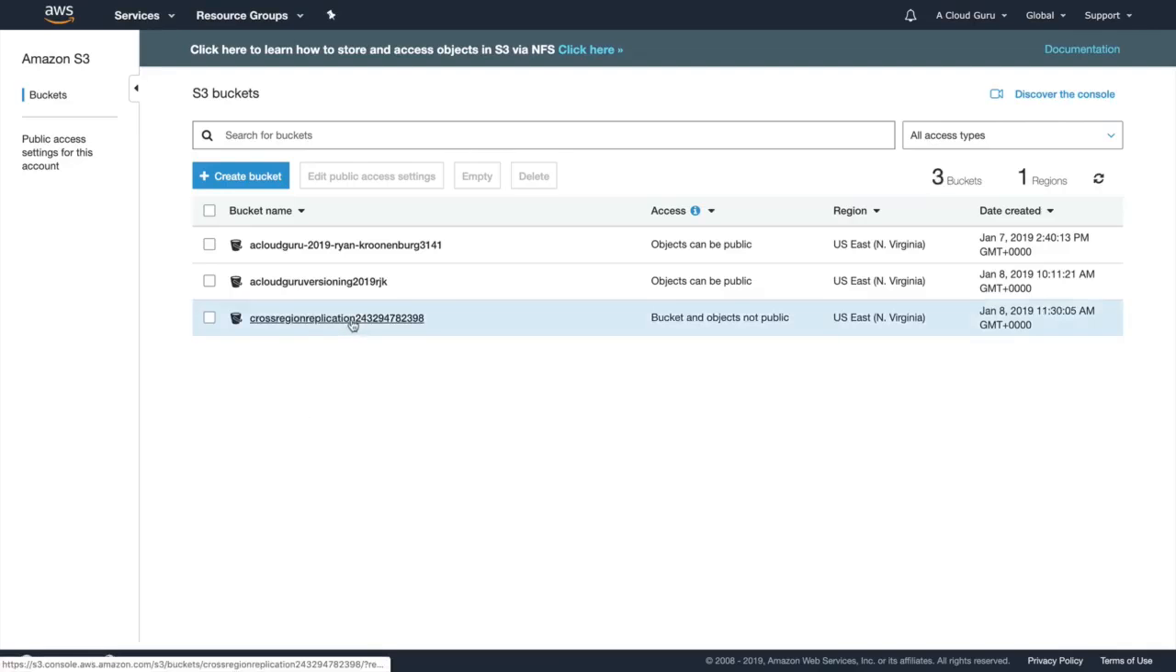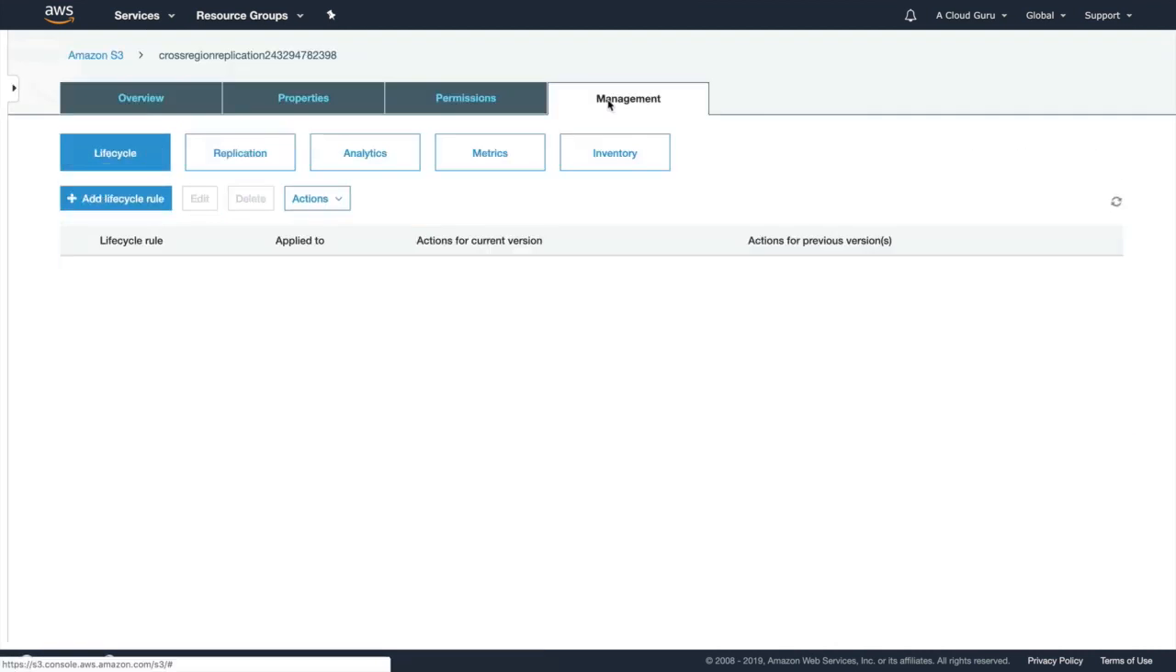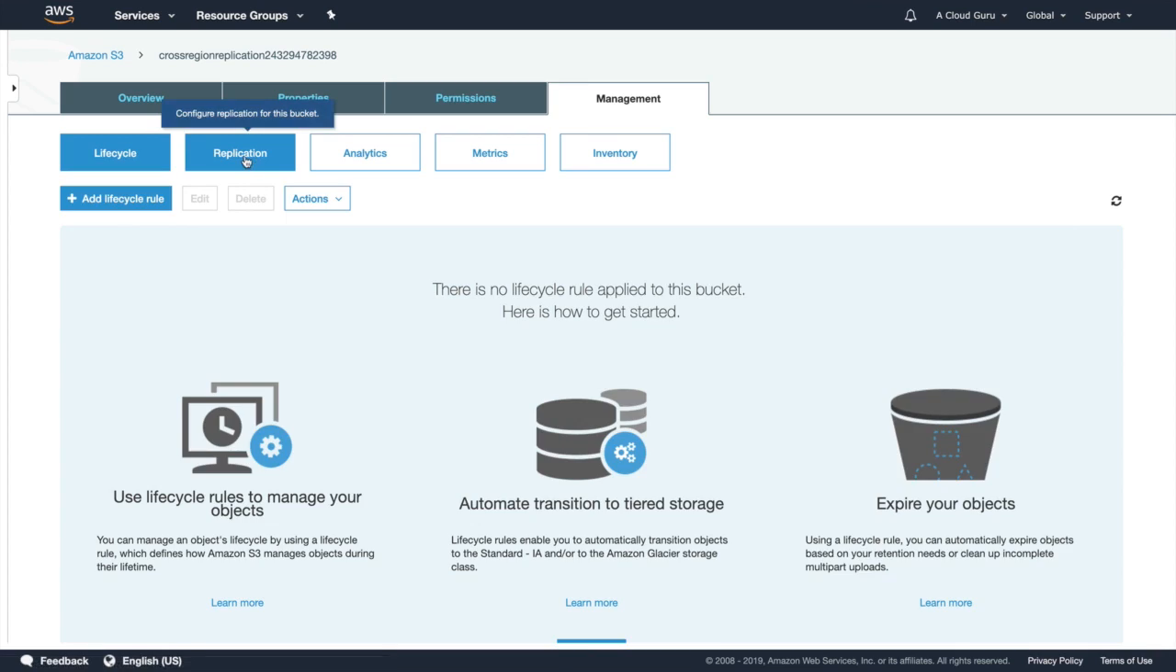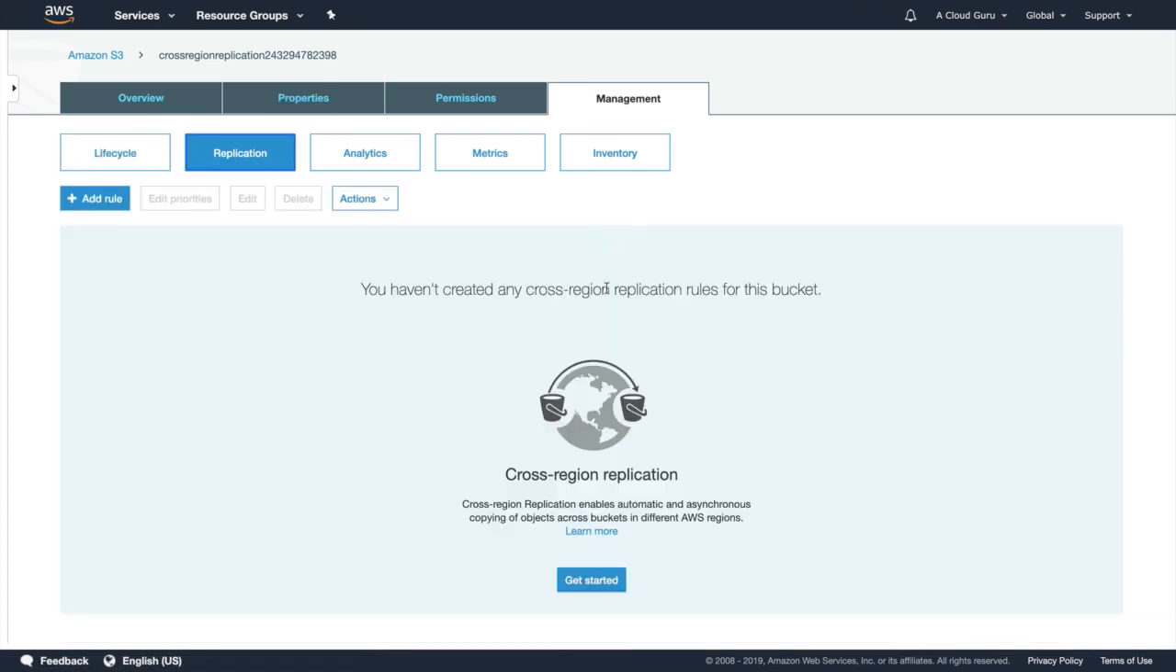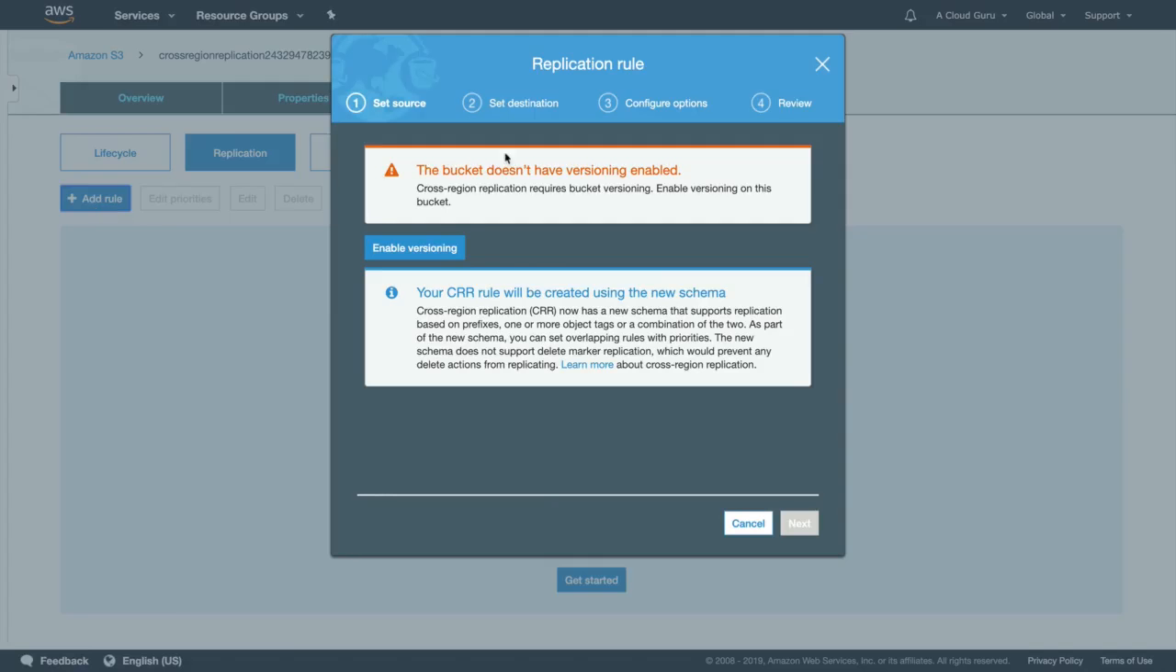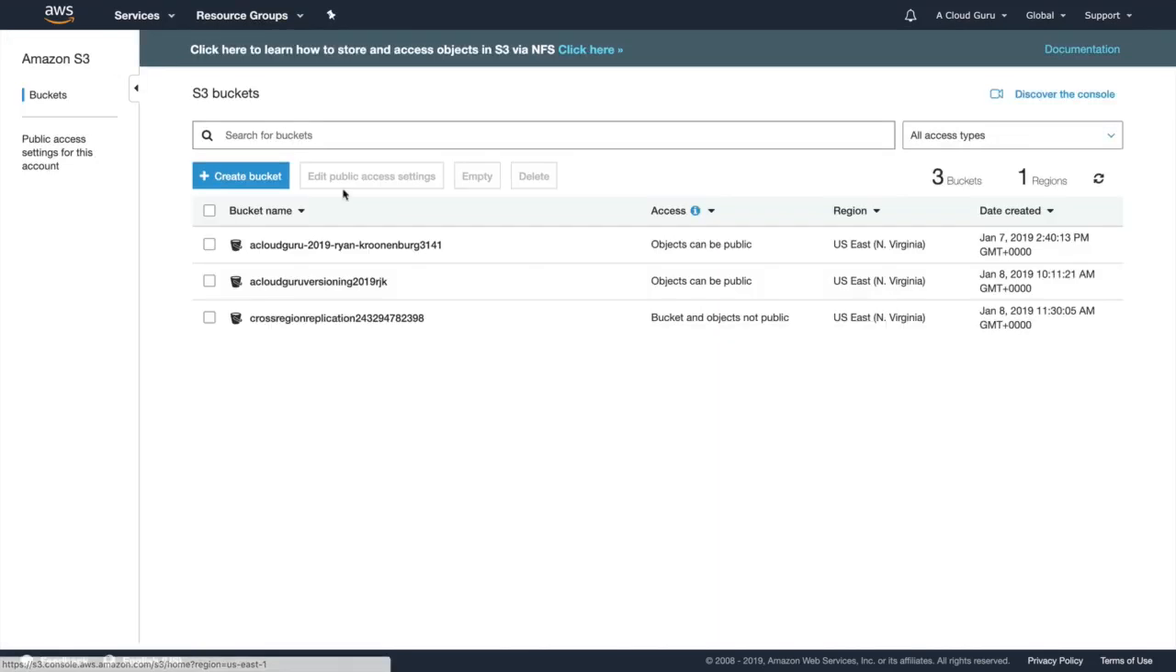Now, to enable cross-region replication, we need to go into the bucket. We need to go over to Management and click on Replication. This is where we create our cross-region replication rules. So let's go ahead and add a rule. You'll see that this bucket doesn't have versioning enabled, and cross-region replication requires versioning to be enabled on the bucket. I can just click in here to enable versioning,